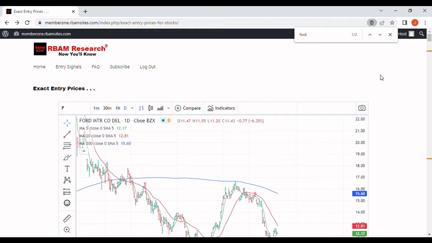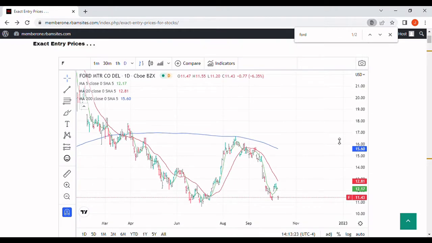We're going to do a video on Ford stock technical analysis, and we've got a daily chart here for you with a 5-day moving average in green, a 20-day moving average in blue, and a 200-day moving average in red. We're going to take a quick look at Ford stock, and then we'll show you some technically generated, algorithmic generated